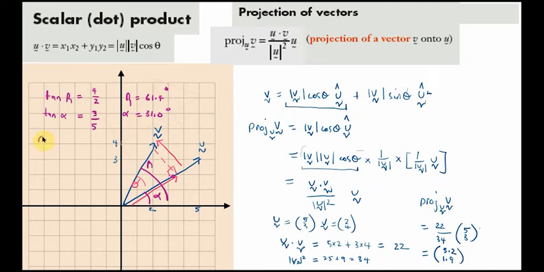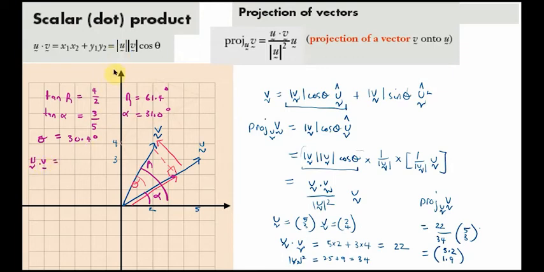So theta, which is beta minus alpha, equals 61.4 minus 31. Theta equals 30.4 degrees. So using the cosine approach for u dot v